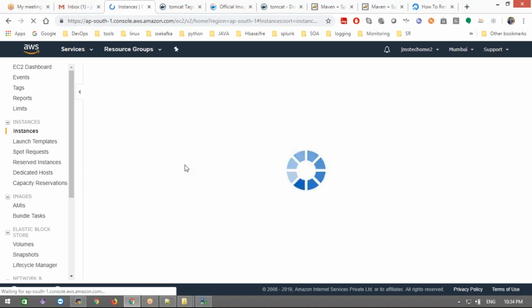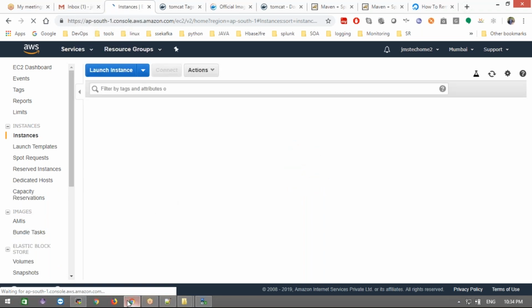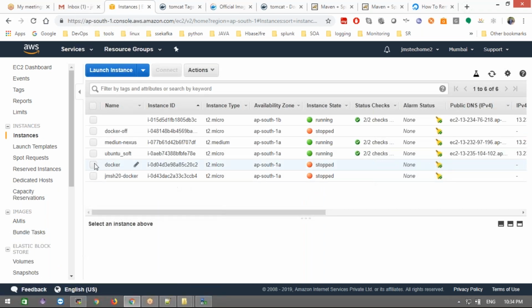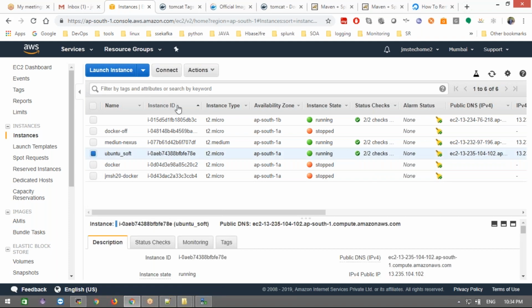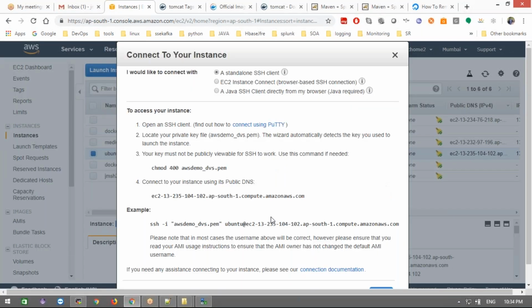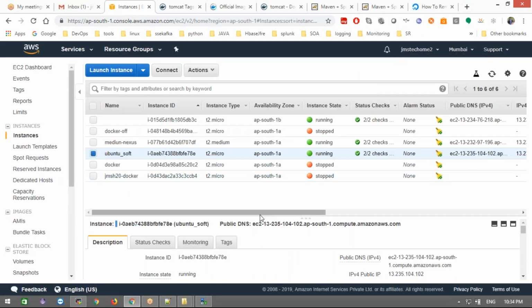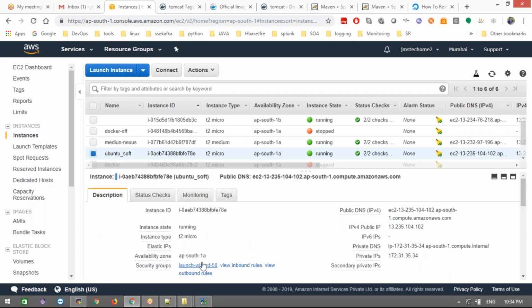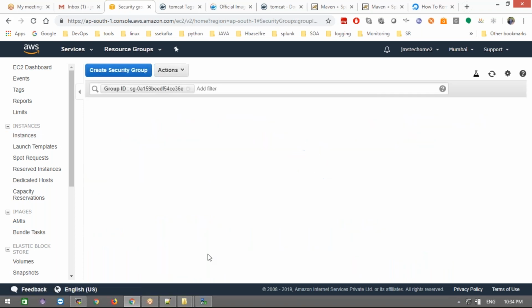The instance is still running. This is what we have taken. Okay, let's see what I will do, checking this.